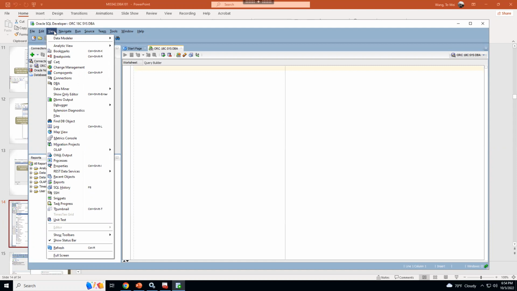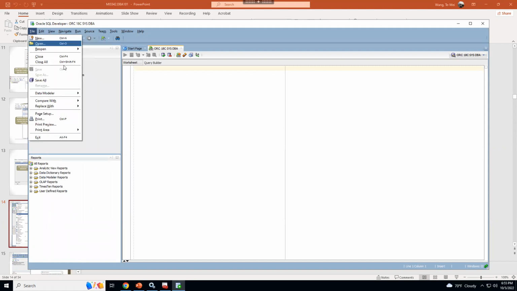We already have some familiar ones, including the default connection that you see already, and we also have a worksheet and some other things. The one we're going to be looking at today is called DBA, just like the name suggests. DBA is a set of tools that you can use to manage the database system. So I'll open up DBA